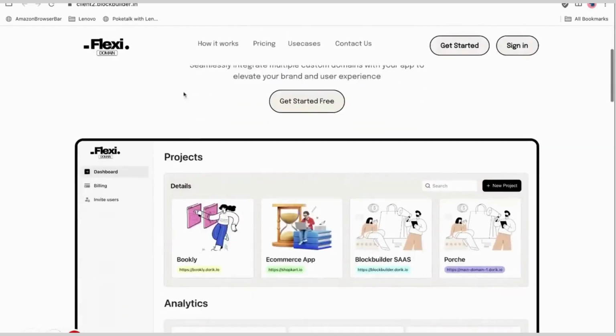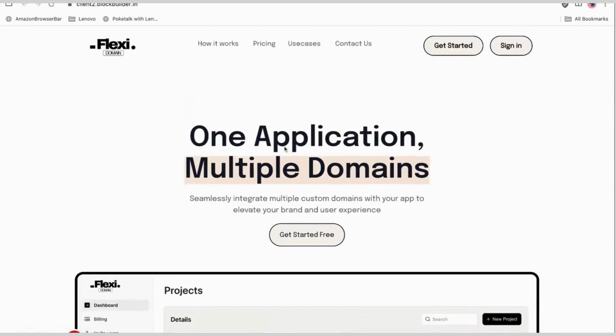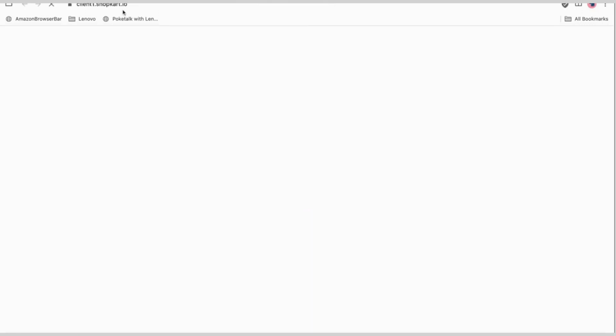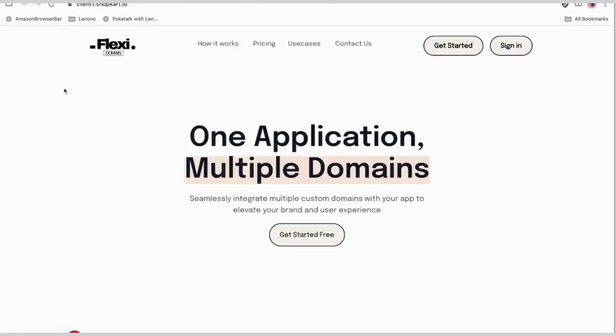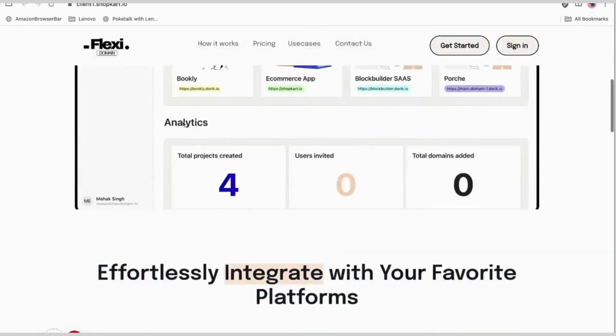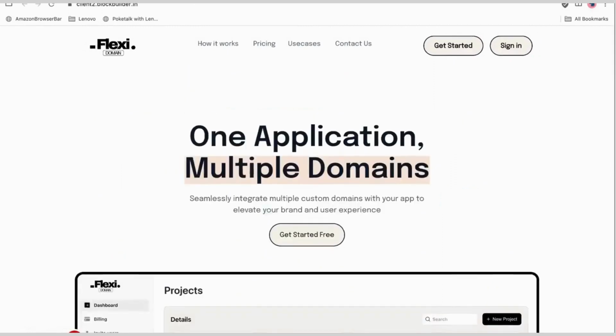As you can see, this particular URL that we just added, client2, is getting its data fetched from our Flexi domain website. The other domain that we added was client1. Let's see this as well in action. As you can see, this is client1.shopcar.io, a completely different URL, and the data is getting served from this particular domain, Flexi domain. So this is how basically you can add multiple domains to